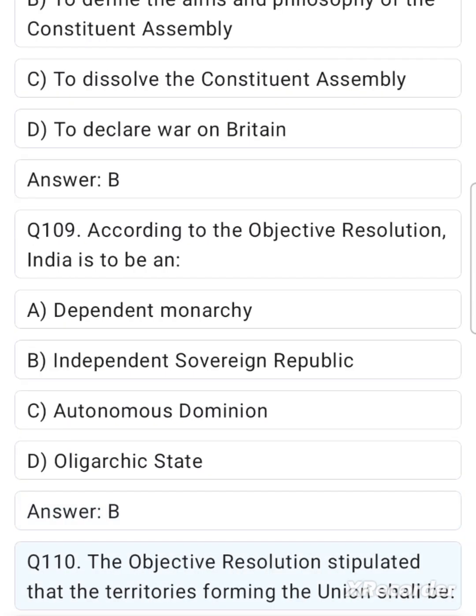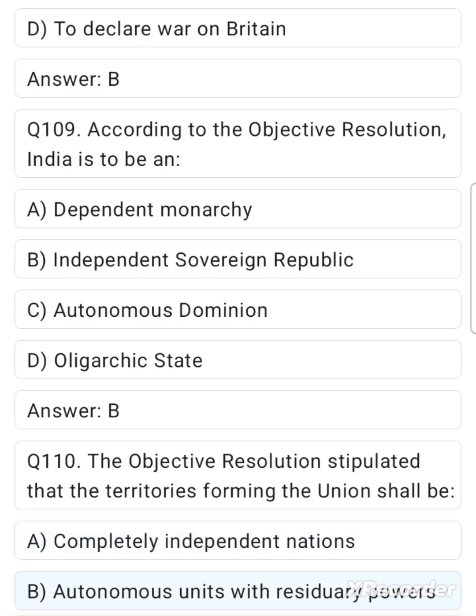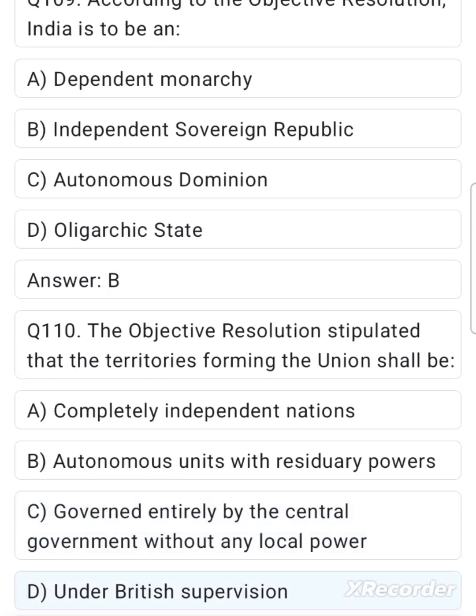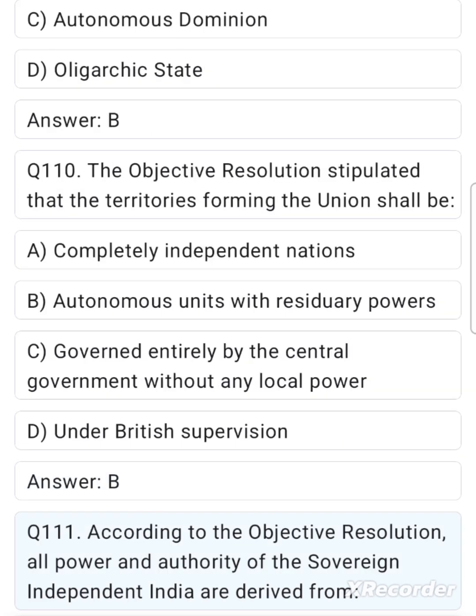The objective resolution stipulated that the territories forming the Union shall be: A. Completely independent nations. B. Autonomous units with residuary powers. C. Governed entirely by the central government without any local power. D. Under British supervision. Answer: B. Q 111. According to the objective resolution, all power and authority of the sovereign independent India are derived from